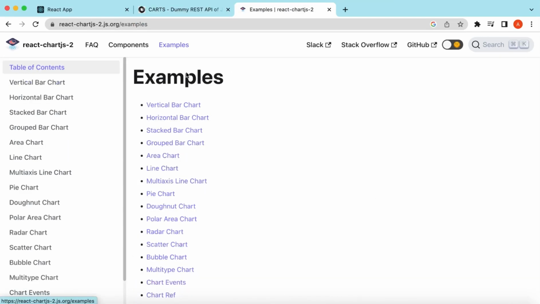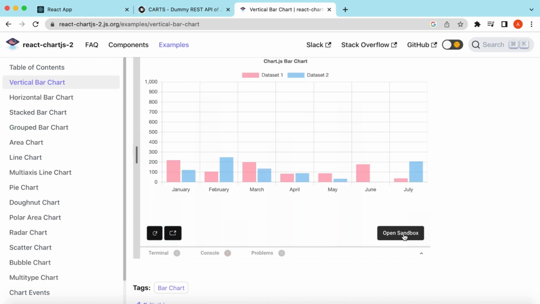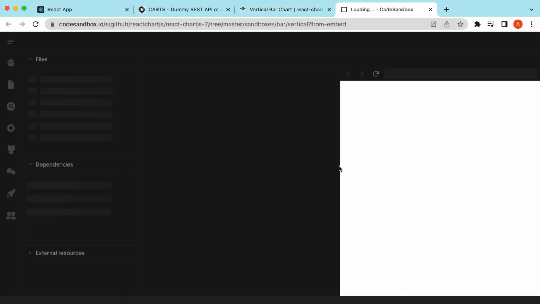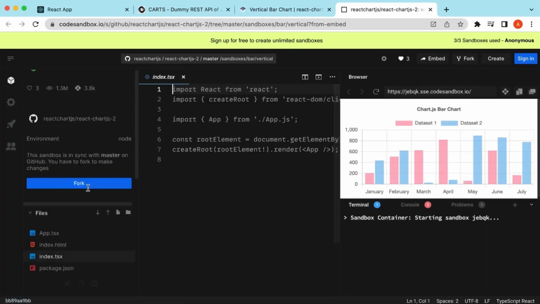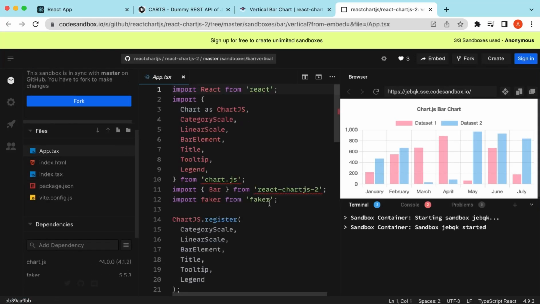If we go to its examples and show the vertical bar chart, and go to its sandbox code, in the app.tsx,